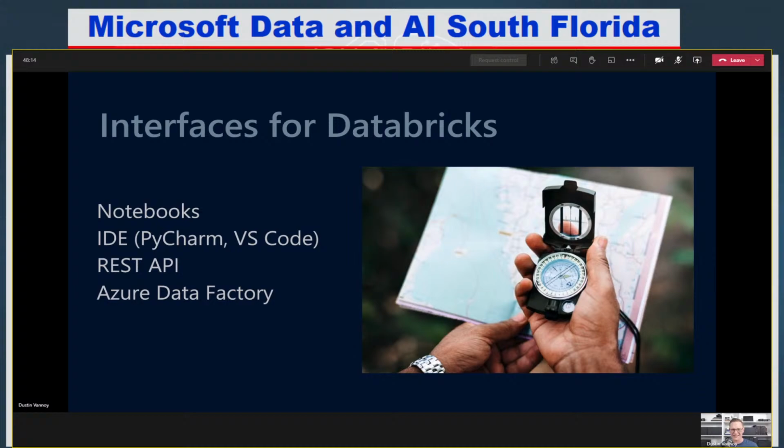There's a REST API. A lot of times I use this for scheduling jobs or spinning up new clusters. And then Azure Data Factory can be used with Spark, a lot of times more as an orchestration component. So run an Azure Databricks notebook, maybe get a little bit of output from that run, and then kick off the next dependency down the line. So Azure Data Factory can be used for orchestration and kicking off some of these Databricks jobs or notebooks.